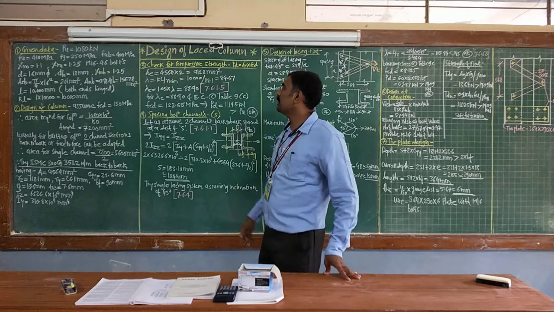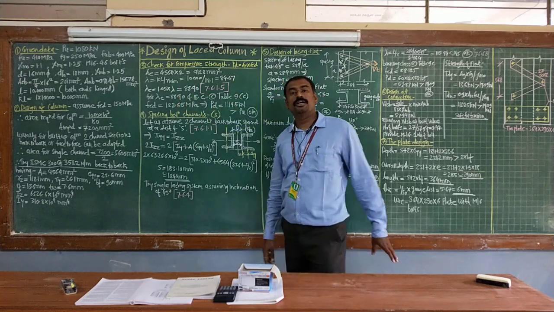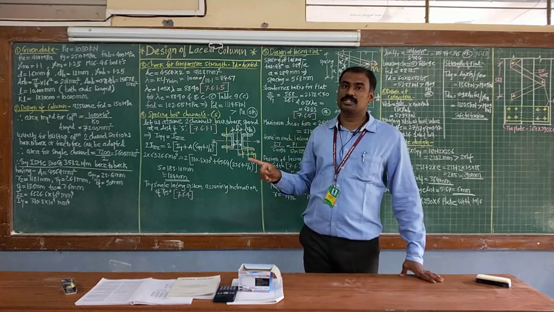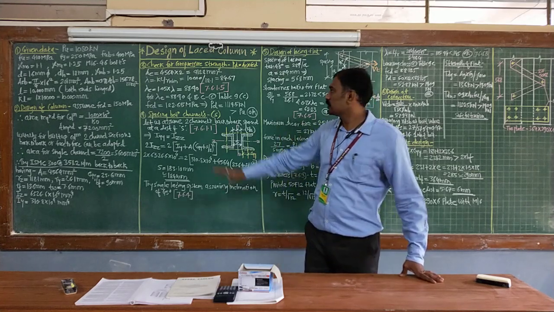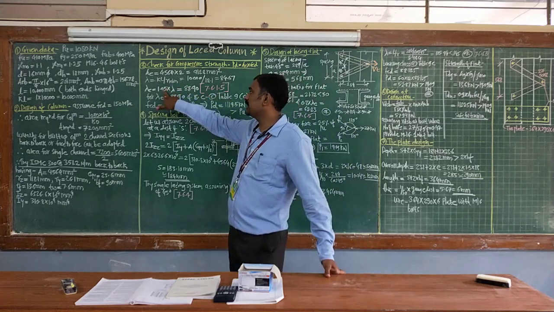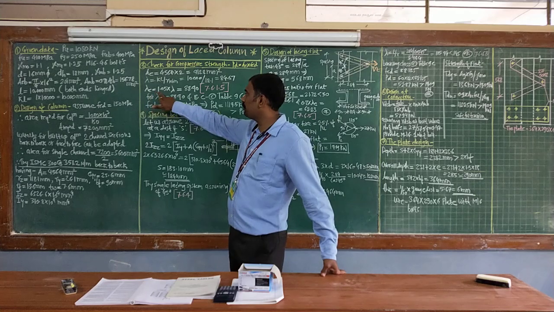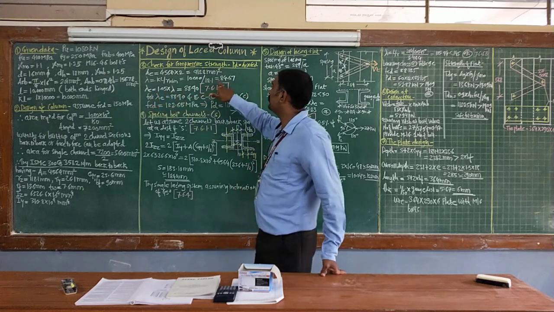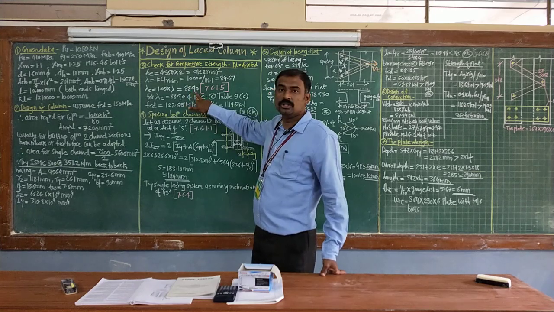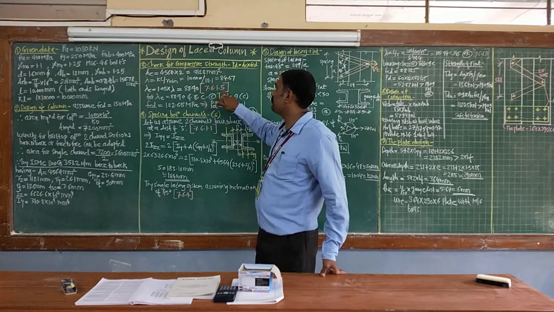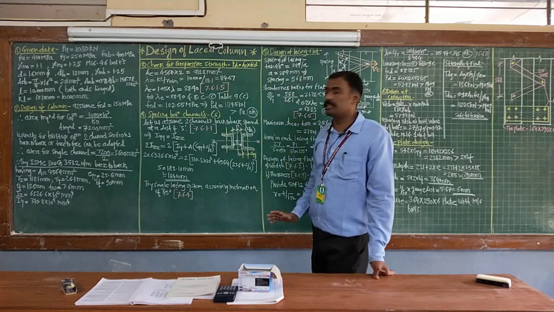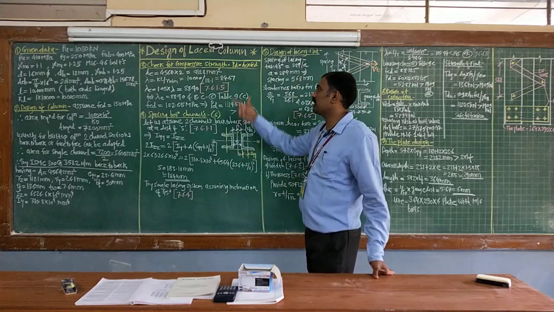So it is a lambda value, and in case of a laced column, you need to increase the slenderness ratio by 5%, correct? So per clause 7.6.1.5, the calculated slenderness ratio is increased by 5%. So a factor of 1.05 will be multiplied with 84.67. So you get a value of 88.90. Just check clause 7.6.1.5, where that 5% increase is given, correct? So for double sections, we are going to adopt that.